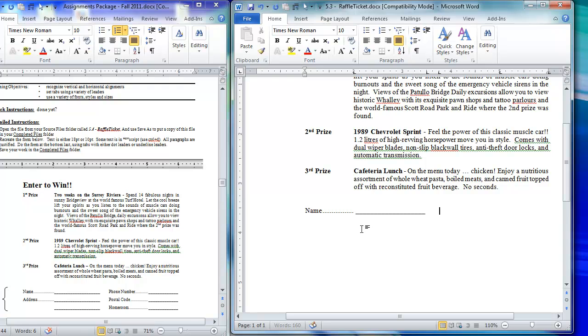So I hit the tab key, type in the word phone number. Hit the tab key, hit the tab key. So that gives me my first line. Hit enter. Address. Actually, I'll put an empty line in there because it needs to be spaced out. I could double space it as well, but I'll just go with the empty paragraph. So I hit a few tabs, and then postal code,